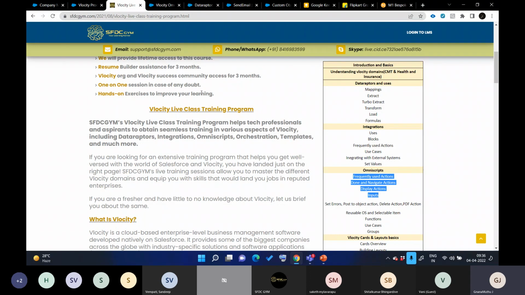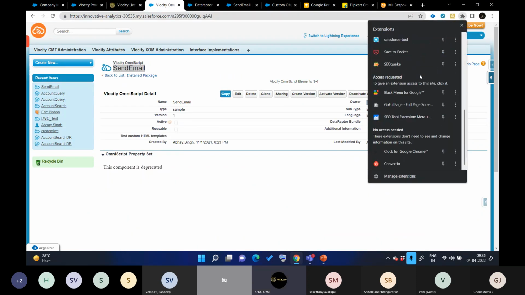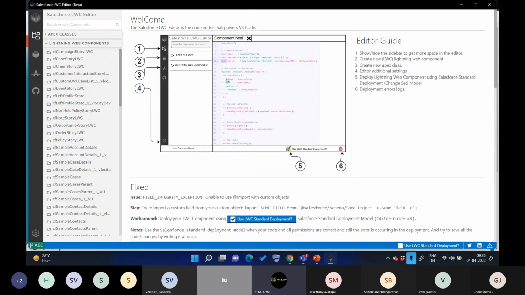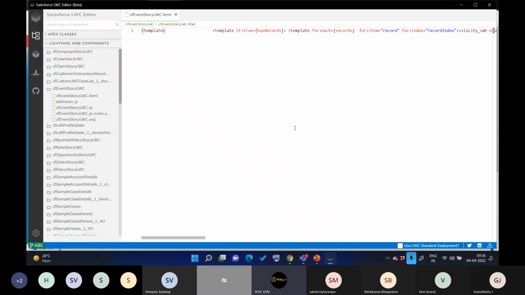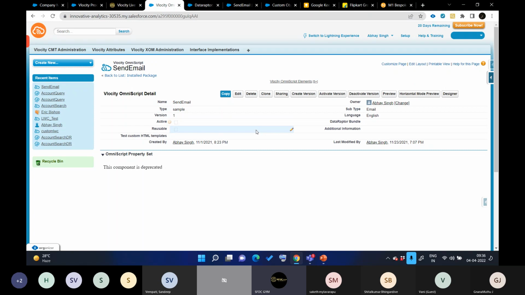If you need to use LWC, then Windows 8 or above is required. Node.js will not support Windows 7 or below versions. We can also use this LWC editor, which is a browser-based LWC environment tool where we can simply go and edit your LWC. It doesn't require any software installation. I generally prefer this. I don't prefer Visual Studio because it requires so many configurations. We'll discuss this when we reach that point.